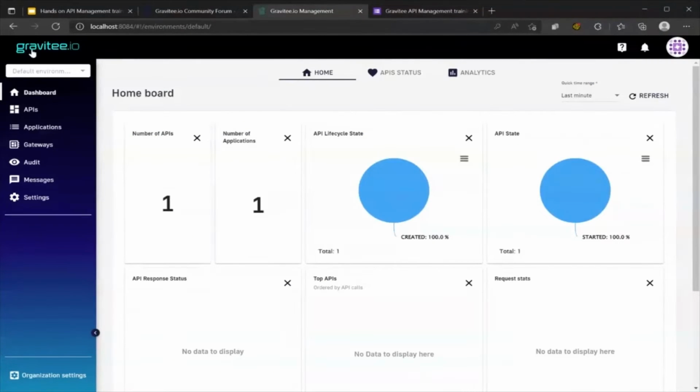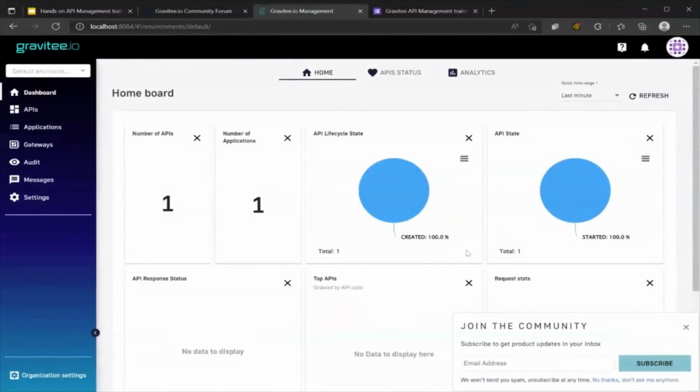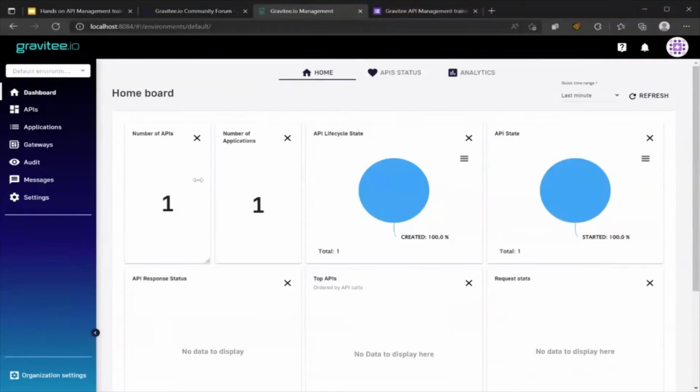Right. So I'm already logged into my environment. For those of you who log in for the first time, you may have something that pops up. You just need to put in admin for the username, admin for the password. That will get you logged in, and then you'll end up with a dashboard. So this is what my dashboard looks like. And what I'm going to do now is import my